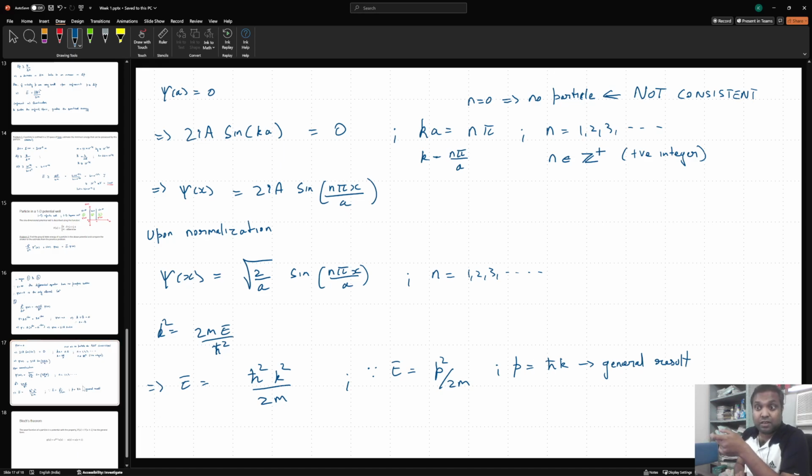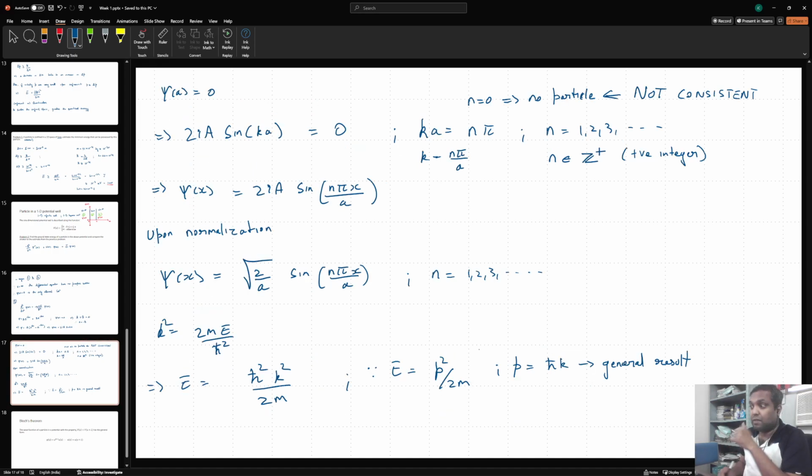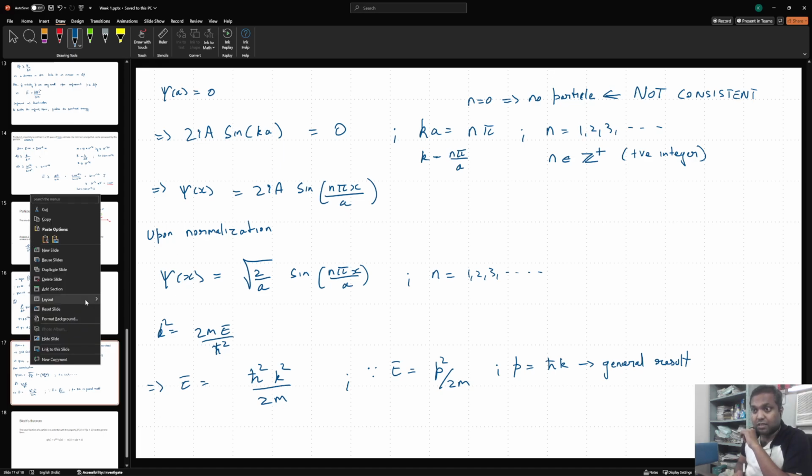Because remember, there are actually two k values here, plus k and minus k. Both waves are present here. So k is not a single value. But p equals h bar k is a general result, and you can use it in other situations. So from this, I can further write